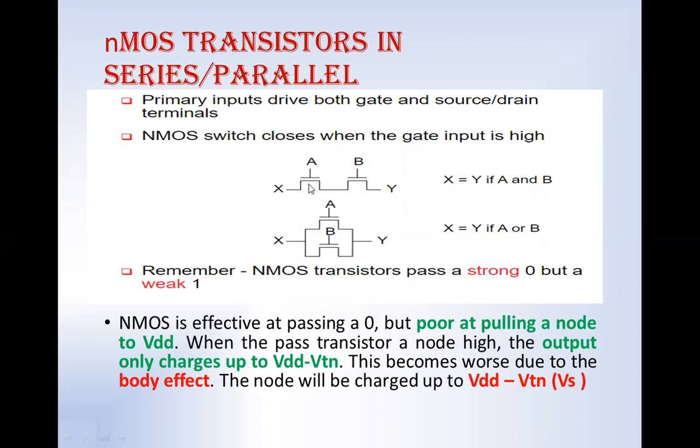The very first NMOS transistor is connected with input node X. That X is the source node, and the gate node is given the name A. So as long as A is given 1 for an NMOS transistor, the gate will be in the on state, nothing but the gate makes the transistor on. However, the voltage on X will be transferred to the output node, and the second transistor takes that output from the first transistor, and as long as B is logic 1, this transistor also conducts, and finally Y is equal to X if both A and B are 1.